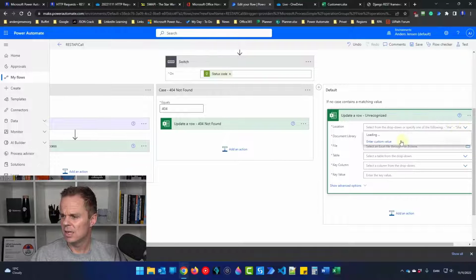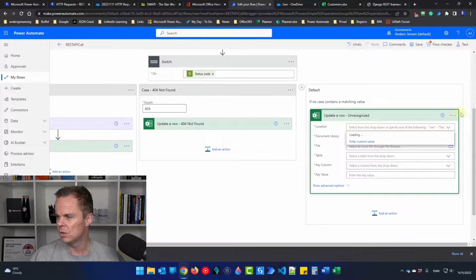I'll find the exact same thing again, and it will load. You can see that sometimes it takes a few seconds, and often the solution here, if you see this load and load and load,